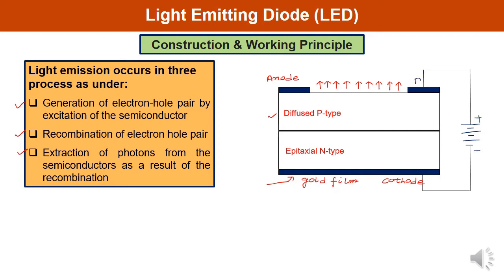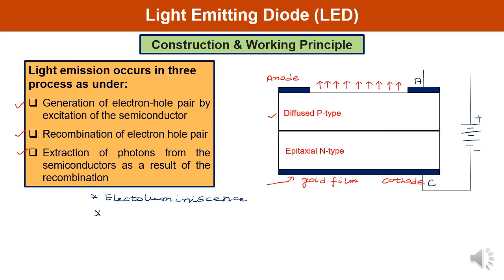And you know that this is anode and this point is what? Cathode. So the process of giving off light energy by applying an electrical voltage is known as electroluminescence. Electroluminescence means emission of light from a solid with the excitation provided by an electrostatic field.